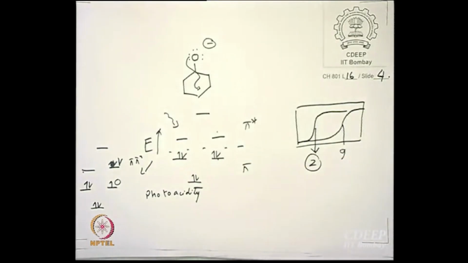Do you understand what has happened? This molecule in the ground state can give up a proton only when the external concentration of protons is as low as 10 to the power minus 9 molar. The same molecule, when you shine light on it, can give up a proton when the external concentration of protons is as high as 10 to the power minus 2 molar. We are talking about 7 orders of magnitude difference, no joke. That is how effective photoacidity can be. Alright, and things like that can only be accessed by molecular orbital theory, in case you forgot why this discussion